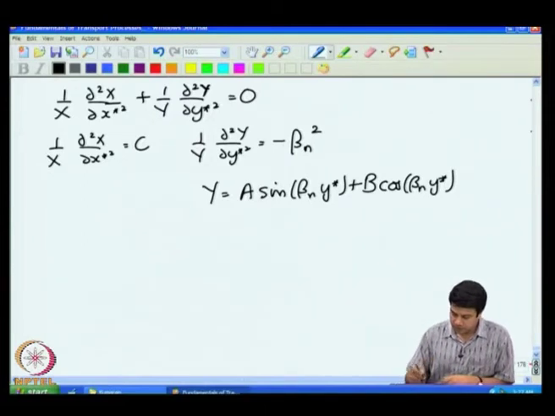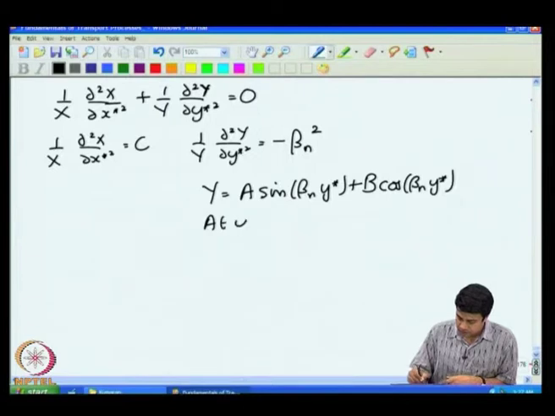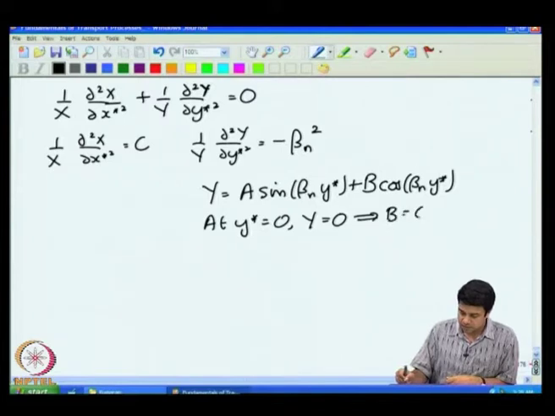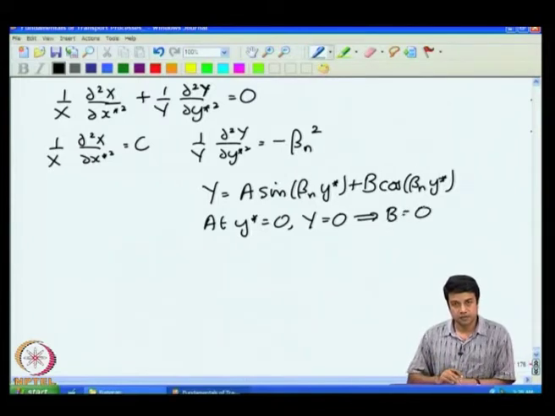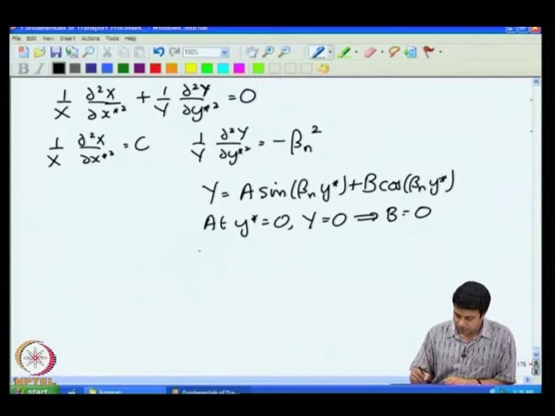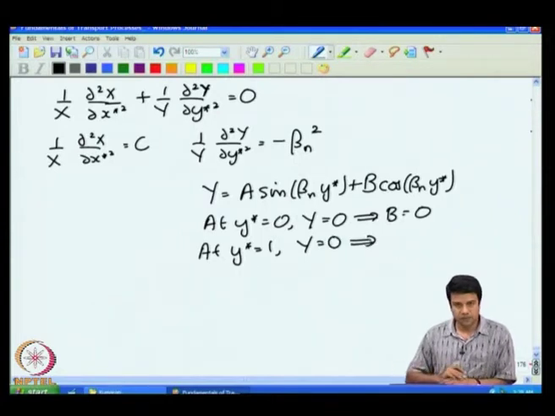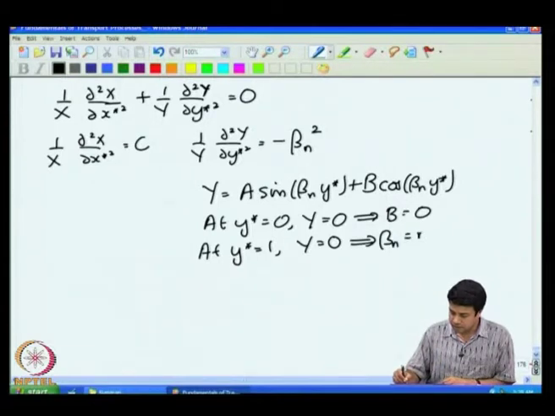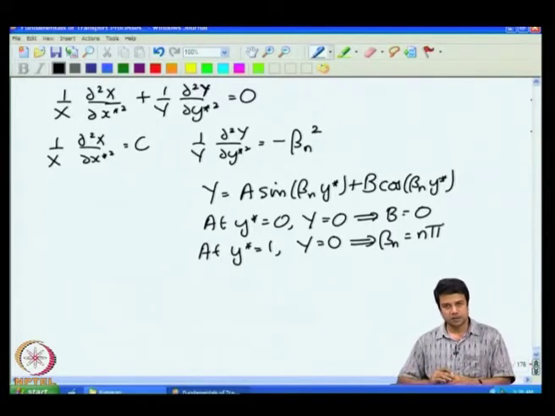I require that at y star equal to 0, capital Y is equal to 0, which means that b has to be equal to 0. So, it is only a sine function, and at y star equal to 1, capital Y is equal to 0. Capital Y will be 0 either if a is equal to 0 or if beta n is equal to n times pi. A cannot be 0,